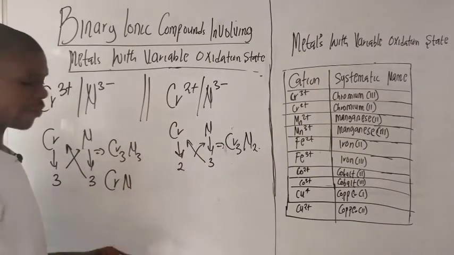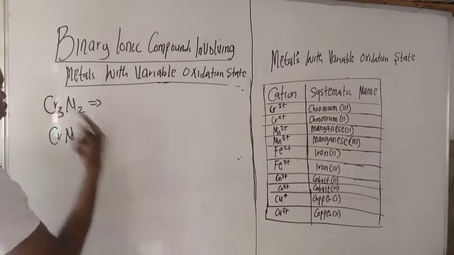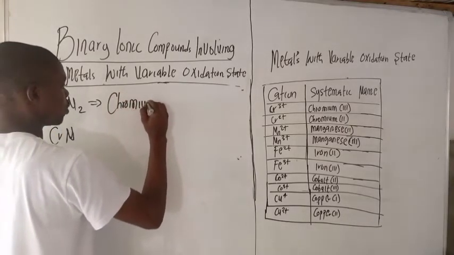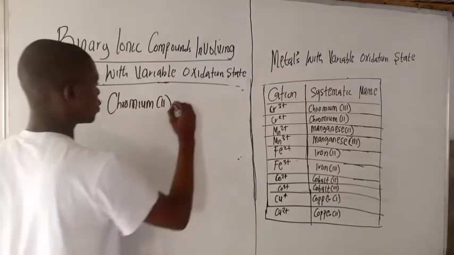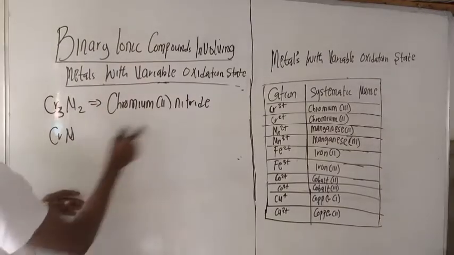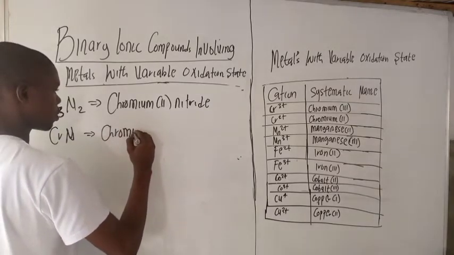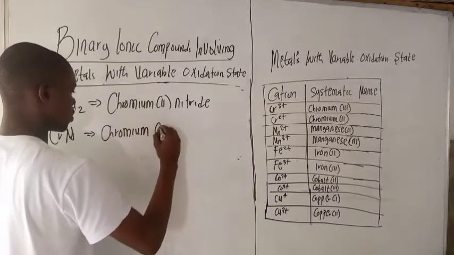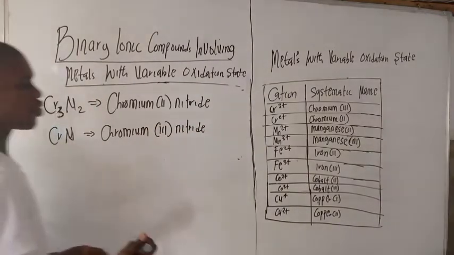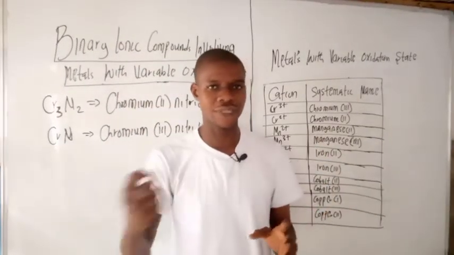So how do you name them? Now, therefore, you have to understand that chromium here has a +2 oxidation state. So it's going to be chromium(II) nitride, right? Chromium 2 nitride. Why is the other going to be chromium(III) nitride? You get? So you must be careful when you are writing compounds with variable oxidation states,